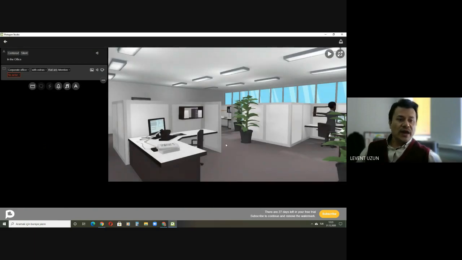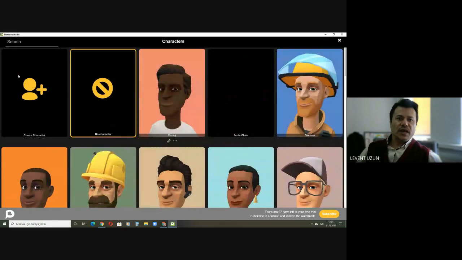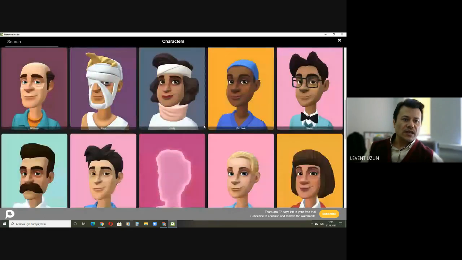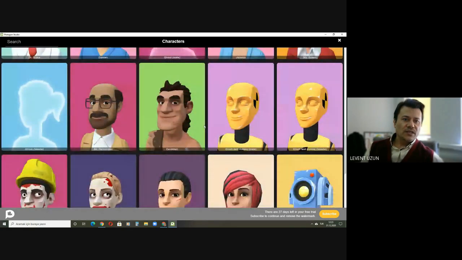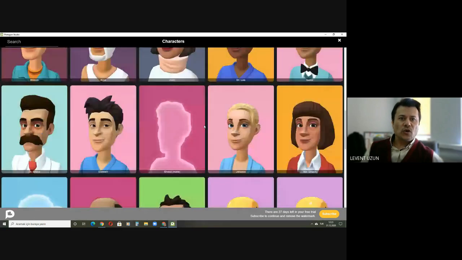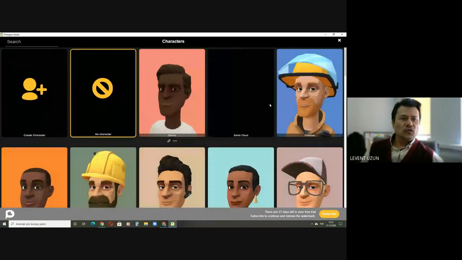Now I need my main characters, my actors and my actresses here. Okay, so no actor. I've got to choose an actor here. So this is an office. I'll try to find an appropriate character. So when I click on characters, you see there are ready-to-use characters here that you can select from among and use in your movie. But also there is another option. If you don't like these characters,